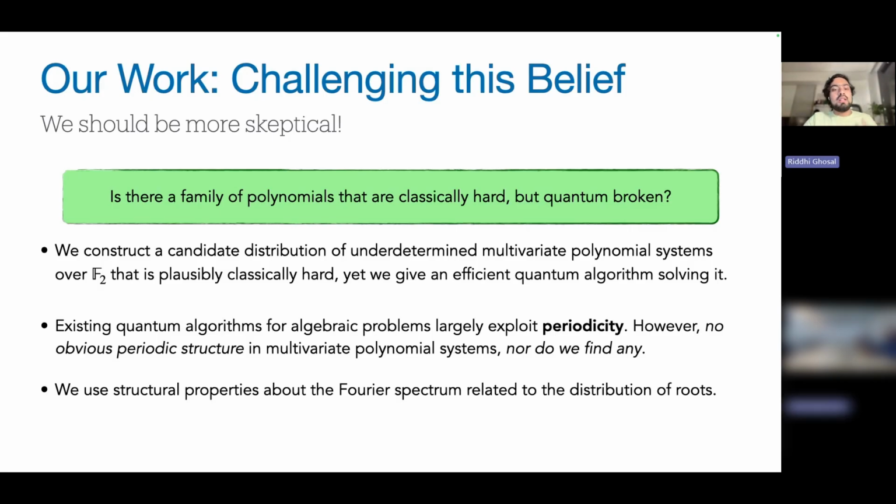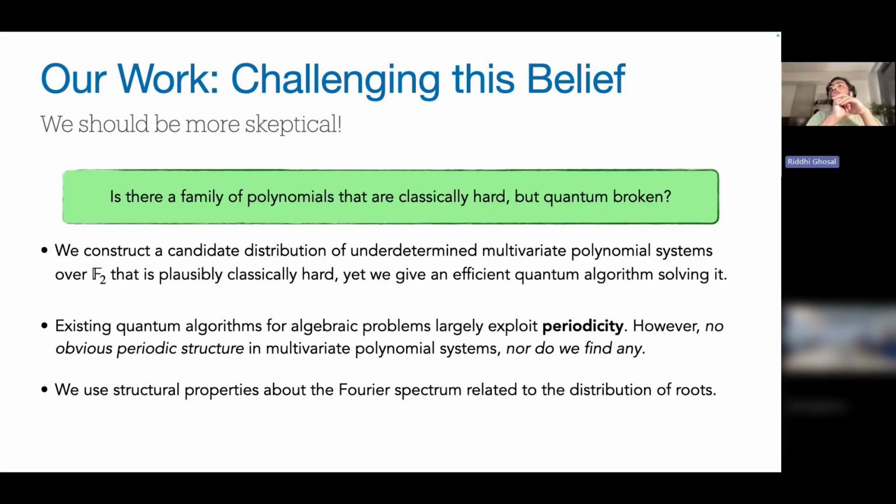All right. So, now that, yeah, I had a small question. With the plausibly classically hard part, is there any underlying assumption based on which you can say, okay, if this assumption is true, then it is classically hard, or are we conjecturing that it is classically hard, or is it some sort of